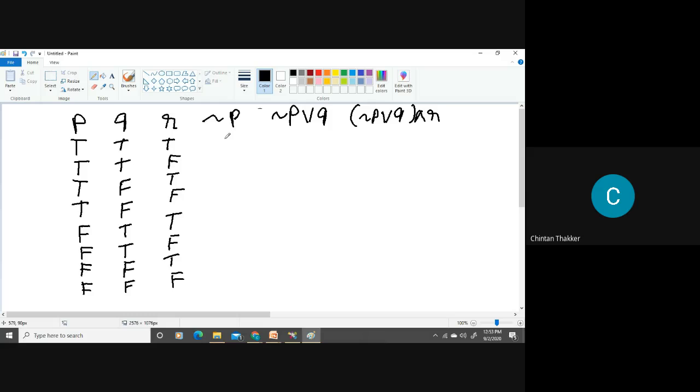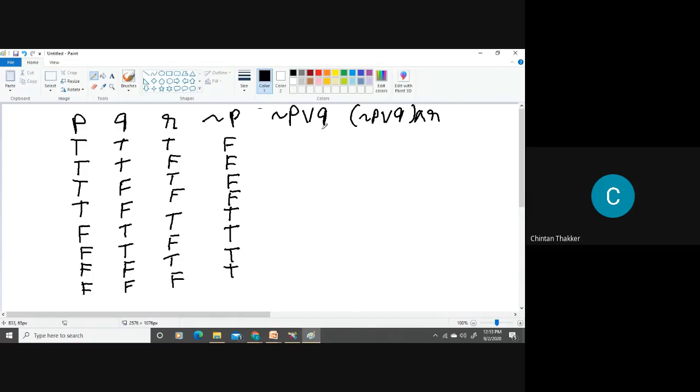Now here, negation of P is first 4F, then 4T, right? Because in P we have first 4T and then 4F. So in negation we have first 4F and then 4T.